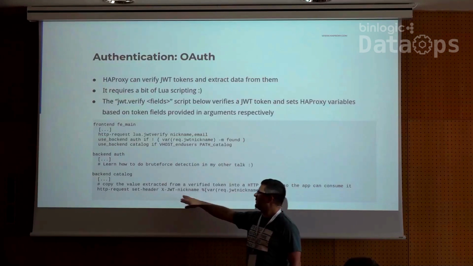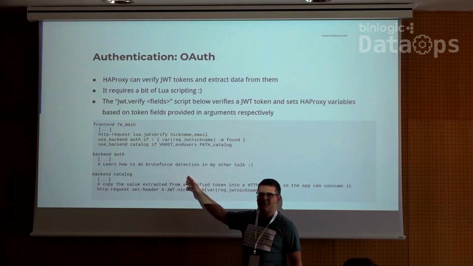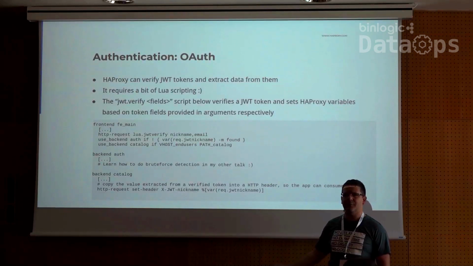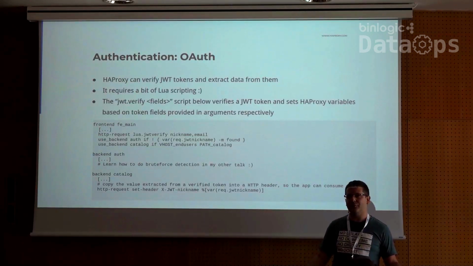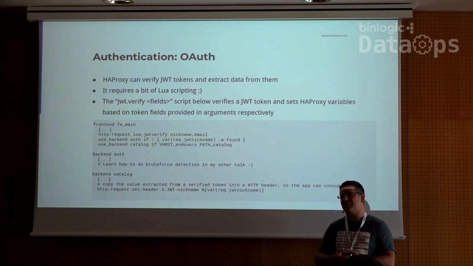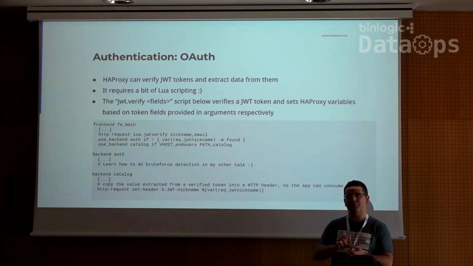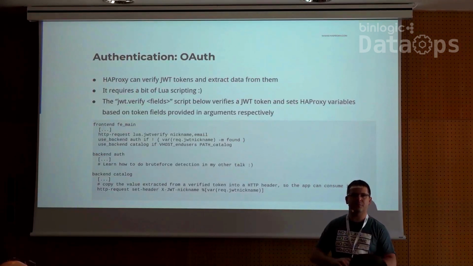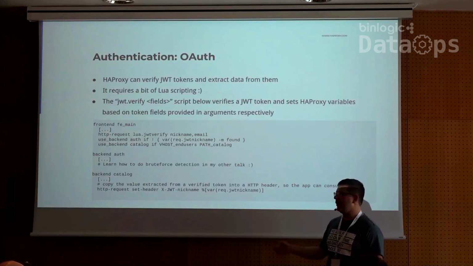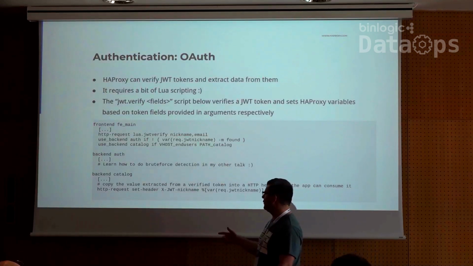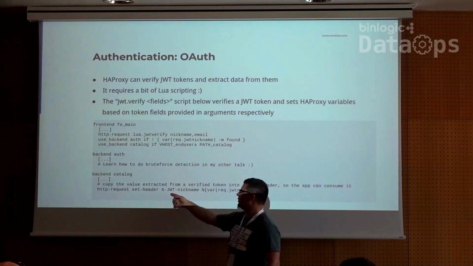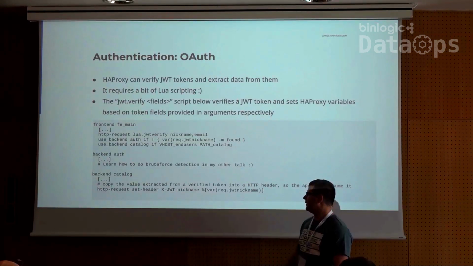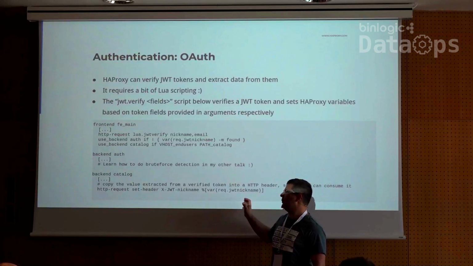The advantage of doing this in HAProxy is that if you don't, all of your services will have to be compatible with JWT. So you will have to do all the validation within your application and then all the extraction within your application. Once it's done within HAProxy, you don't have to bother anymore. You can tell your developers, you will get the unique ID of the user in a header called x-jwt-nickname. This is a unique ID from the user. And then you can extract whatever you want and do it.